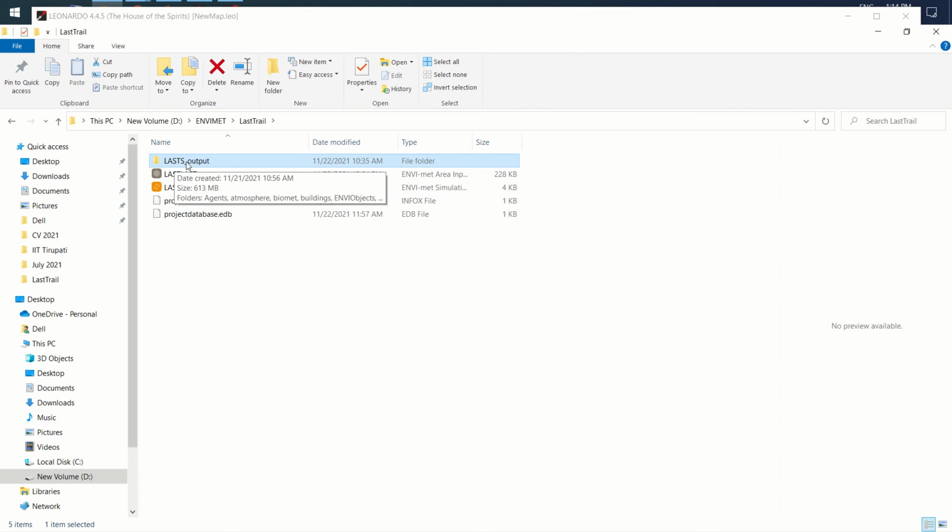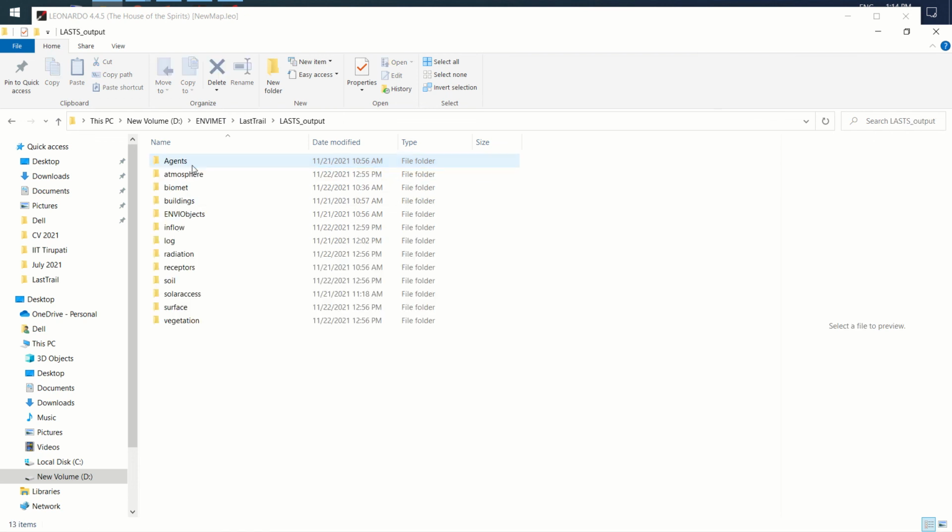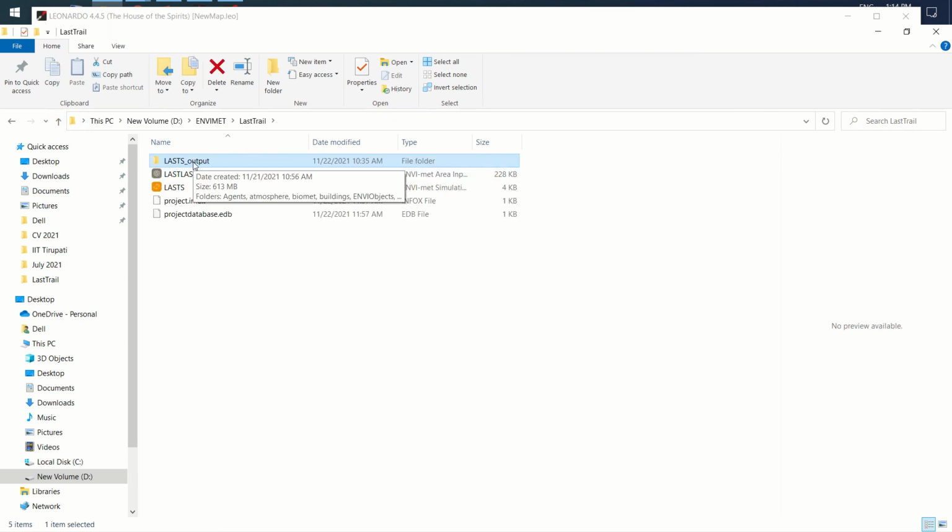Once simulation is complete, you will get an output file, named based on the name of the INX file that you have created. You will get the output where you have all this in your hand. You can imagine this is only 1 hour of data, and you have 600-odd MB of output. That's what I was saying: the software is simple. It will generate hundreds of results, but we should know what results to use, when to use them, and whether the results are acceptable or not. That's the main aspect of this.